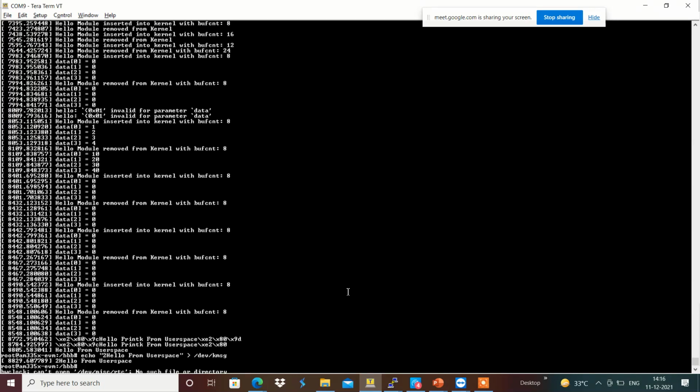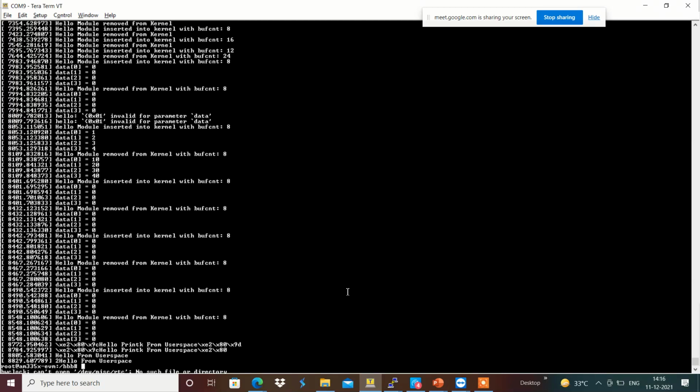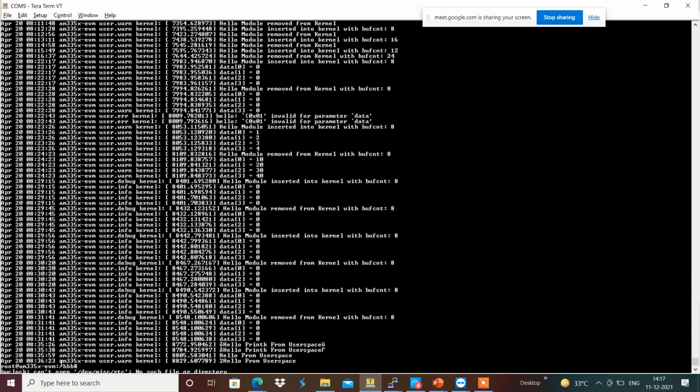Whatever messages we add into /dev/kmsg will be available in dmesg, the Linux kernel messages. Those kernel messages are also taken from the file /var/log/messages, from which we get the additional kernel information with respect to the timestamp.